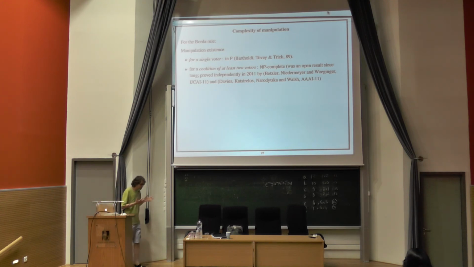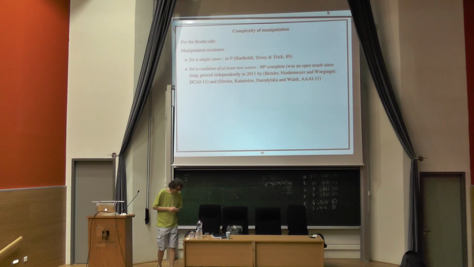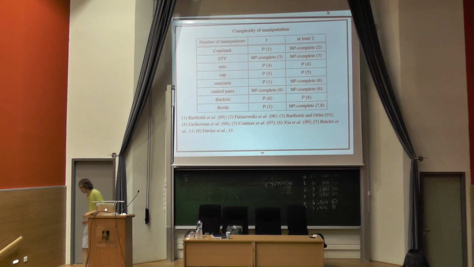So we have a problem here such that if we have a single voter, manipulation is in P, and for a coalition of at least 2 voters, it is NP-hard. And we now have many results considering different voting rules and different assumptions on the number of manipulators, and we have tables which say, for which number of voters, voting